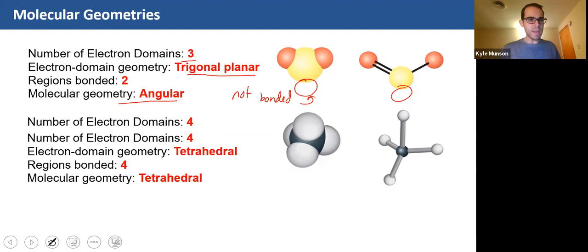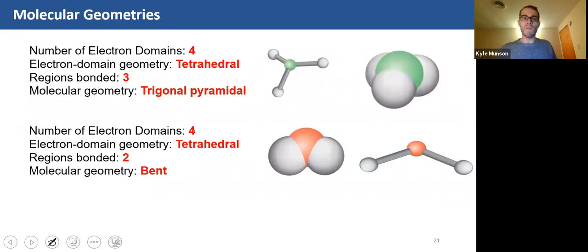So moving right along, if you have electron domains of 4, oh, I just copied this twice, so that's a typo. So the number of electron domains is 4, and the electron domain geometry is tetrahedral, something we saw before. If all 4 of those regions are bonded, then the molecular geometry is also tetrahedral. However, if only 3 of those regions are bonded, and this one here, let's say on the top, is non-bonded,